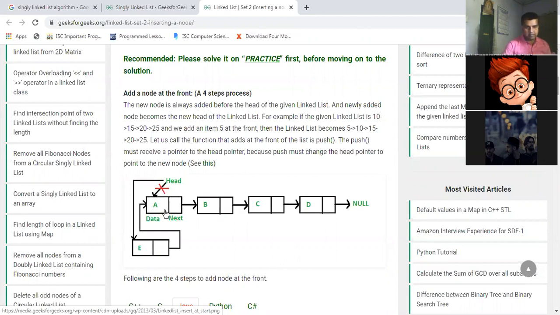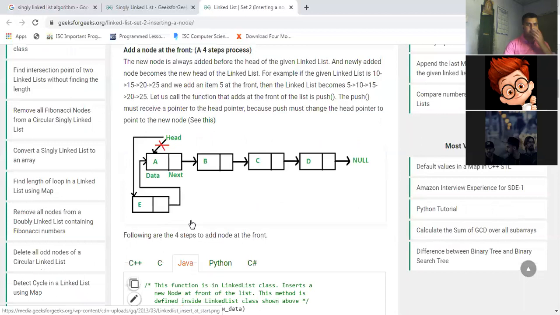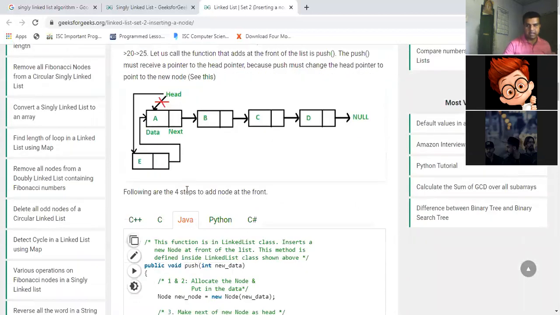Only the value A has been stored at some part of the memory, so its corresponding memory address gets stored into this node. That indicates that this node is getting connected with this node. Now this part, the data part, is empty, so in the data part you add some value. With this, as you can see, this new node, the E node, becomes the head node.